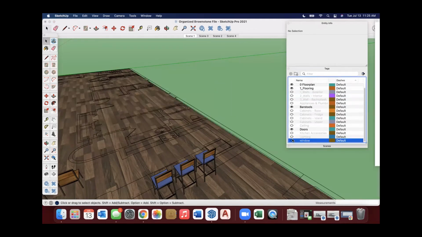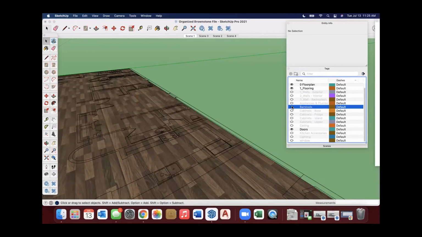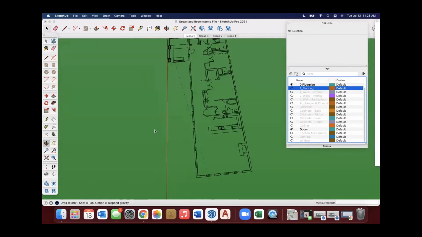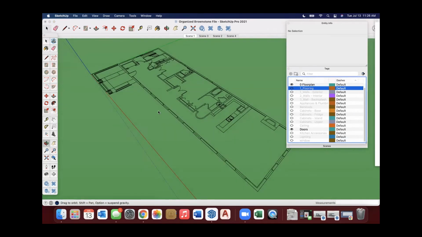I can go down here to window, bar stools. Now, this one, because it doesn't have a lot of furniture yet, we could just keep that as bar stools. But again, if we were going to be doing multiple furniture, you could create a folder and go bedroom furniture, living room furniture. But right now, for the sake of simplicity, I just have bar stools. But you could absolutely organize it by room, or just have a general layer called furniture, where it'll turn off all furniture at once. If I had doors, then we would put them on the door layer. Right now, there's no doors in here. Flooring.